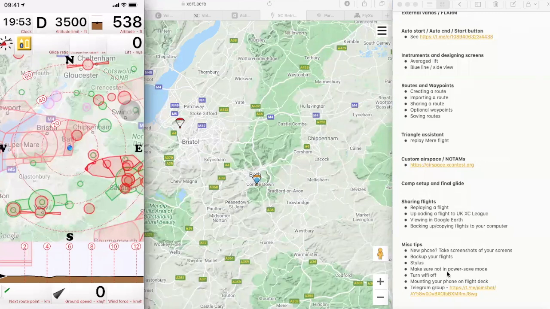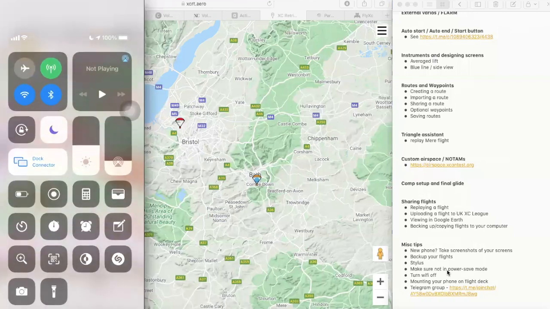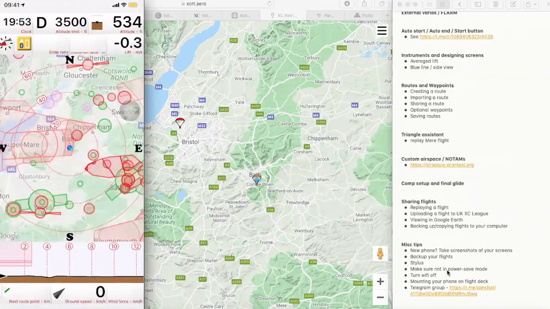Oh yes, make sure your phone is not in power save mode. You may or may not have this in your control center, but I tend to use power save mode quite a lot, especially if I'm driving to a site. I'm not actually flying, but I'm driving. I just want to keep the battery usage as low as possible, so I'll often have it on battery save mode. And the thing about battery save mode is,